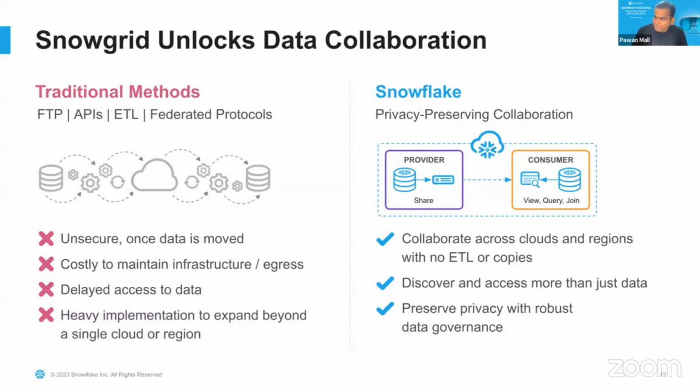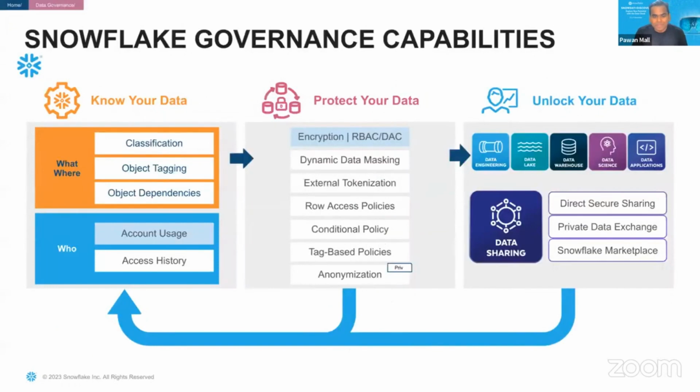Let's say one BU in India is using Google Cloud and somebody else is using Azure. You can share data across, or you can share the data outside of your organization as well with external parties. And this is all in a very governed fashion. You are actually sharing it, so it's not like you're just sharing it directly without any access control and such things, right? So this is also one of the key capabilities.